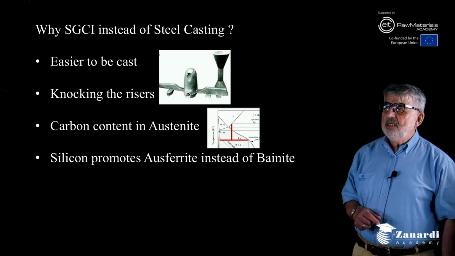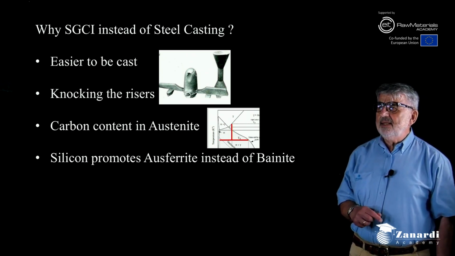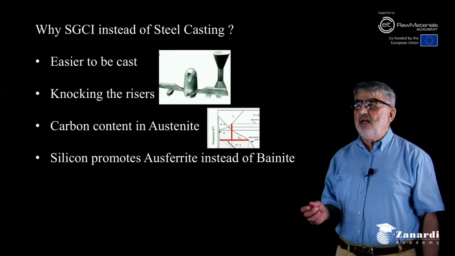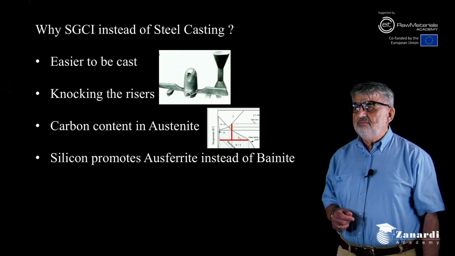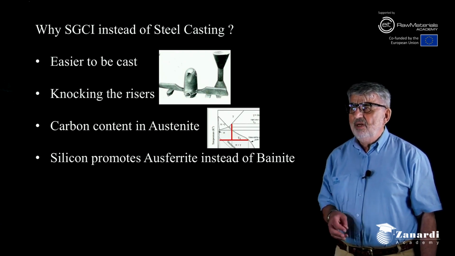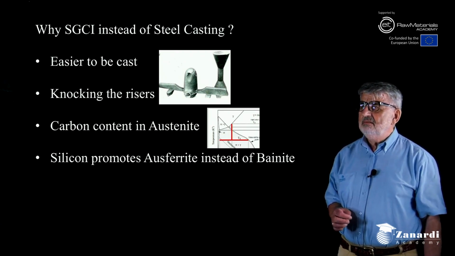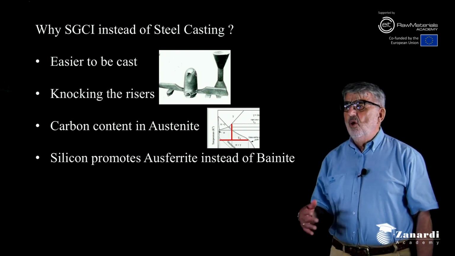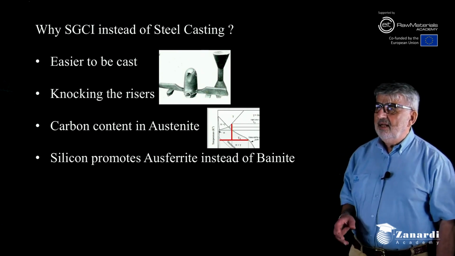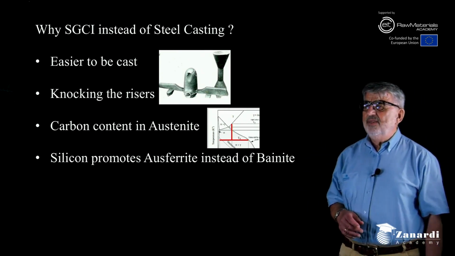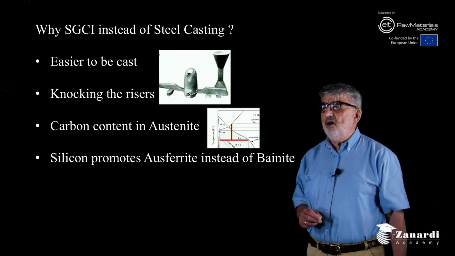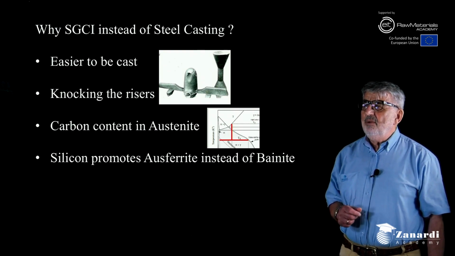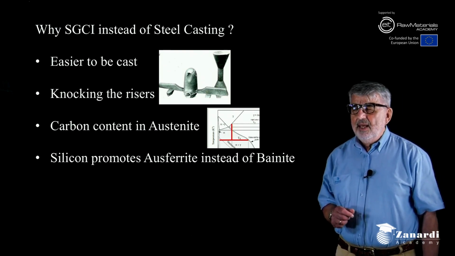Another important reason is that ductile irons have a silicon content that is above the maximum used with steel. We go from 2% to 3% for normal ductile irons and up over 3% for the special grades of high silicon ductile irons. And we know that the silicon is